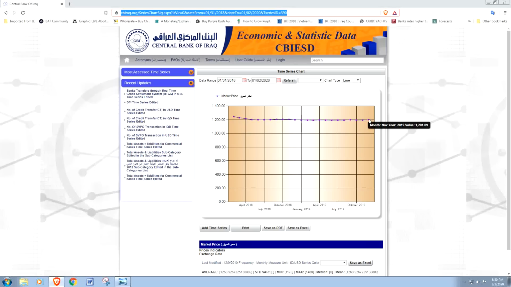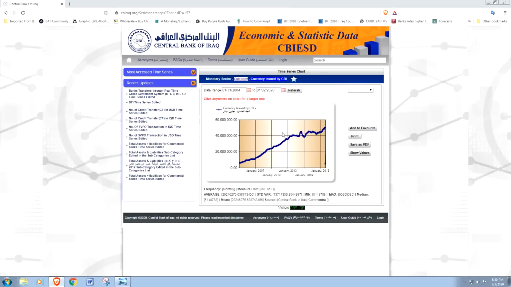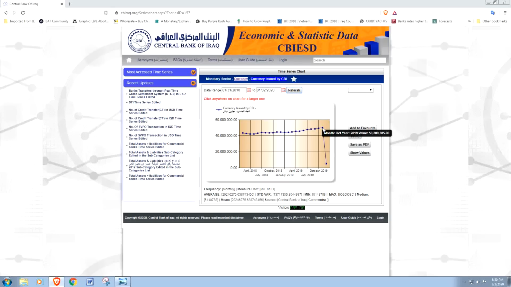Okay, so I wanted to apologize to Jeff, but also show you guys, if you go to the CBI website, there is all kinds of different information on here. So what do we really want to know? What we really want to know is you could take the amount of currency that was issued, like Professor Westbrook said. You take the amount that's issued, it's 50 trillion, and what you want to try to do is go through here and find anywhere where it shows the amount of currency that was taken out of circulation for one reason or another. Then you take the amount of currency issued, subtract the amount that was taken out of circulation, and that will give you kind of an idea of what's really out there.